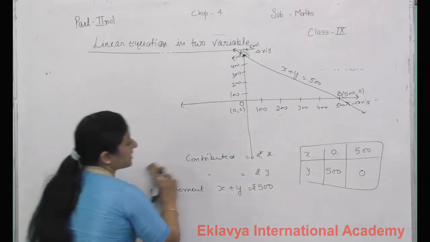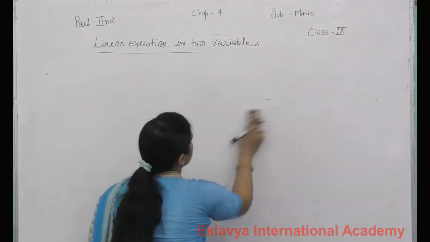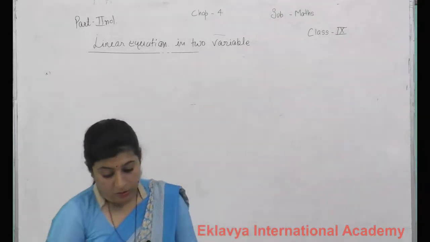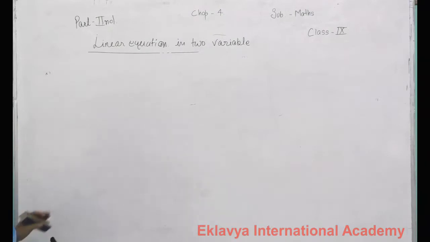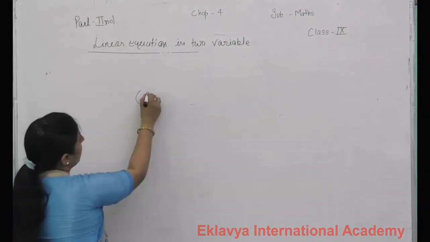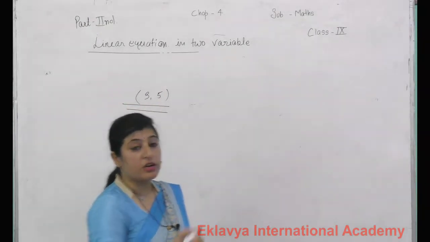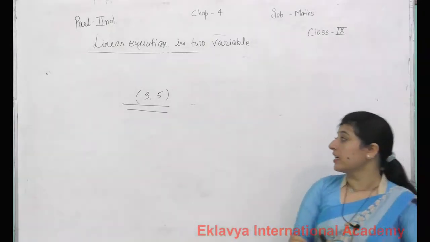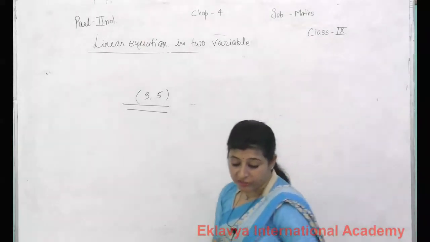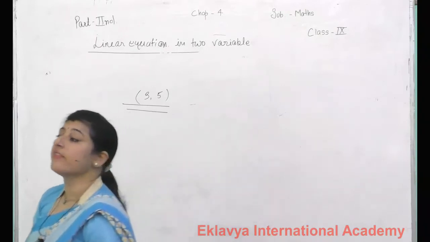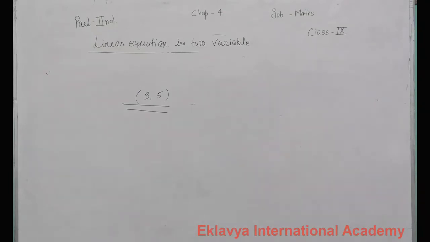Let's take another example. Your second question is: give the equation of two lines passing through the given point. We take any other example, suppose it is (3, 5). This point is given to you, and any line passing through this given point. Can you write down the equation for it? How many more such lines are there and why? Means इस point से pass होने के लिए कितनी और lines हैं? How many lines are there and why?